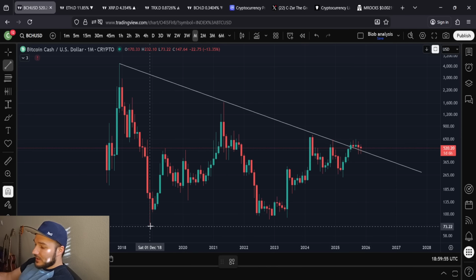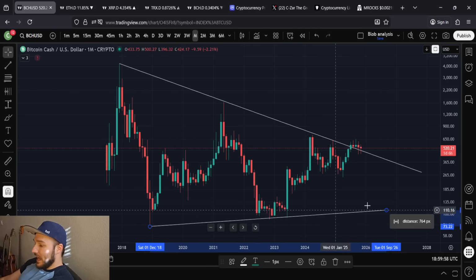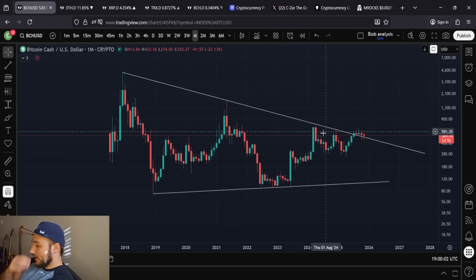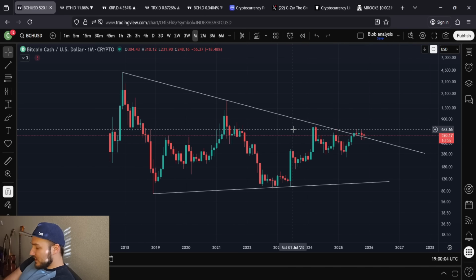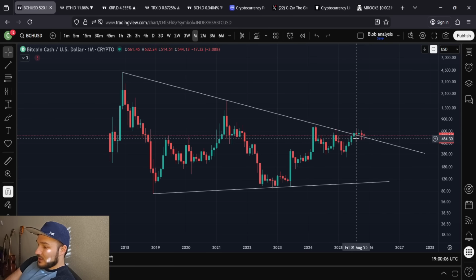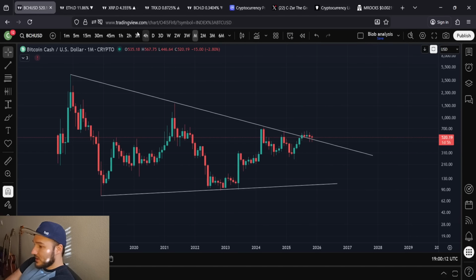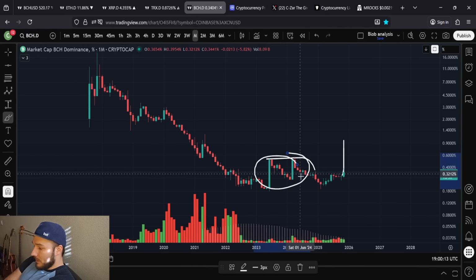Just this trend line. It's technically not a multi-cycle downtrend. Bitcoin Cash is no more in a downtrend than it is in an uptrend, right? Technically, you're in an uptrend now. You've got higher highs and higher lows, but that's not the point. Really, right now, you're in a consolidation phase. But you're consolidating on top of this large consolidation phase, in which your dominance is about to double bottom, recover out of here.